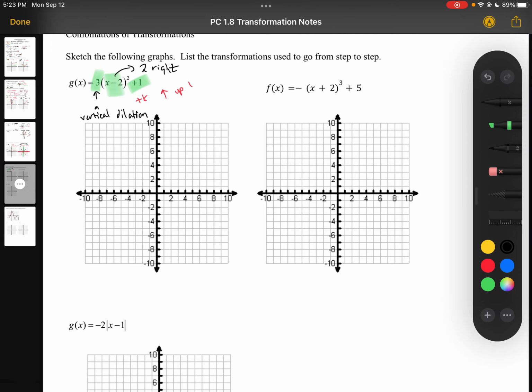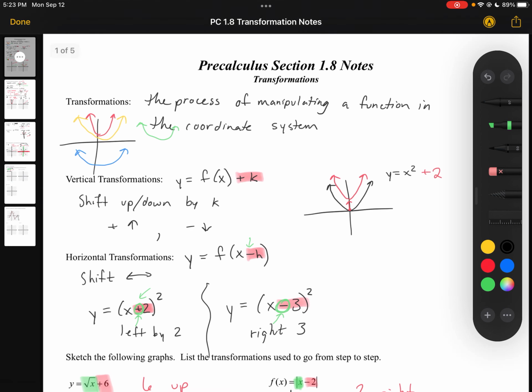So a bunch of different things are happening on each of these, and in class tomorrow, we're going to talk about the order of the way that they shift. But just for today, we're really focusing on which way are we shifting, how are we shifting it, and what are the vocab definitions. So to summarize,